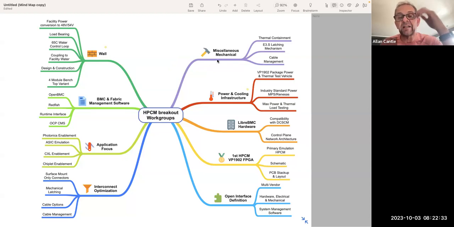I've got some miscellaneous mechanical ones that I didn't particularly fit into other areas. In that area, we've got what I've called thermal containment. We really want to capture all of the heat energy into the water and extract it. We'd rather the heat energy doesn't emit into the data center itself, or a minimum amount, so you don't need a massive amount of data center cooling. The heat of the water being ejected from the module is planned to be 65 degrees C or higher for energy recovery purposes, and therefore,